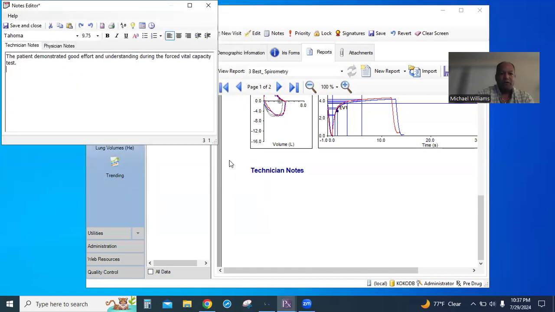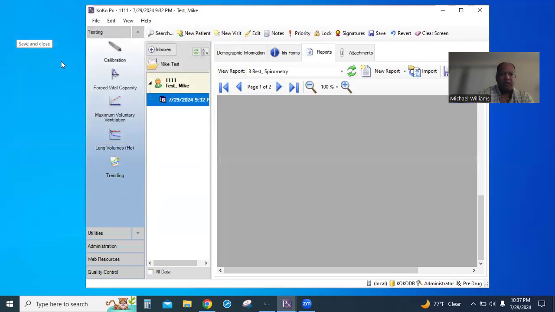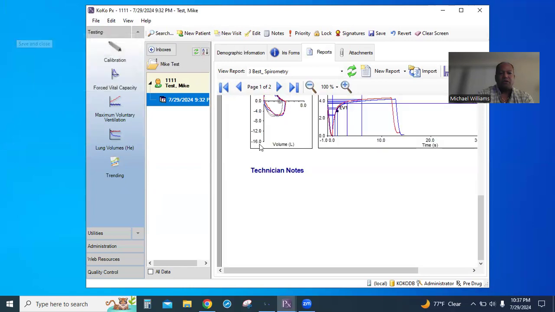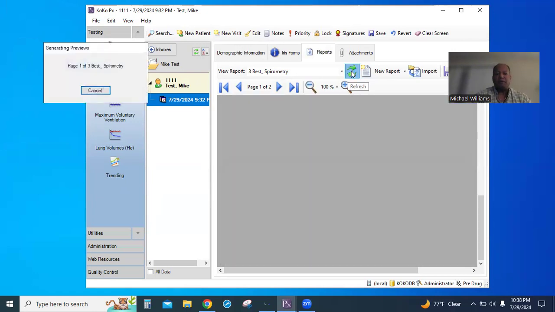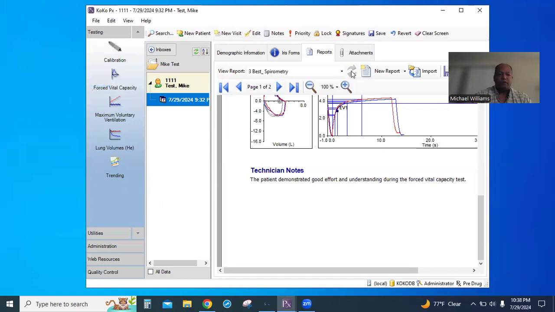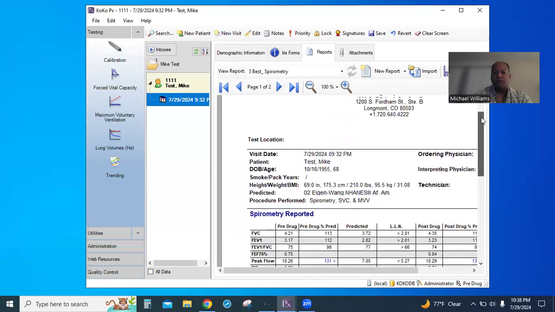And what that will do, that will insert once you go here and just kind of click on leave and save. What it's going to do is going to load that report. You see here, it has a refresh. See the little green arrows? Just click on the green arrows and it will refresh what you just put in as a statement for that particular patient. And that can be done for predicteds. The machine has this computer predicteds that will put those in if you want. We can do that. And that's pretty much what you have here. It's a very simple to use machine,